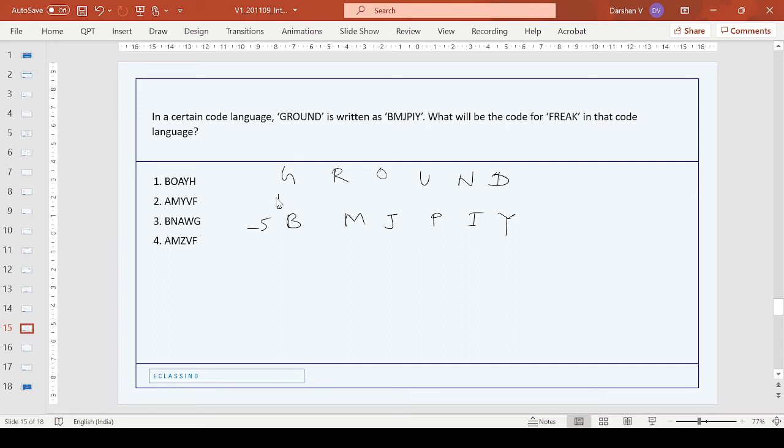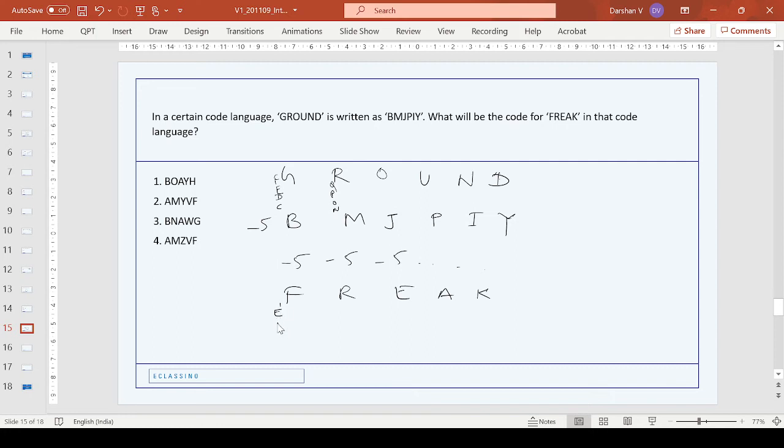C D E F, right? So minus 1, minus 2, minus 3, minus 4, minus 5. R and M, so M N O P Q, again minus 5. So all of this is following a minus 5 pattern, right? So we just need to put the corresponding minus 5 for freak, which will be simple enough. F minus 5, if we go